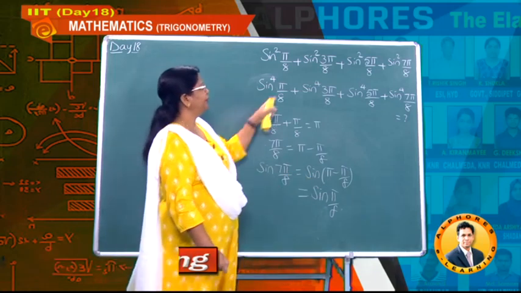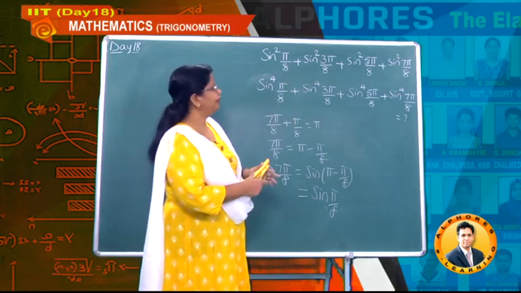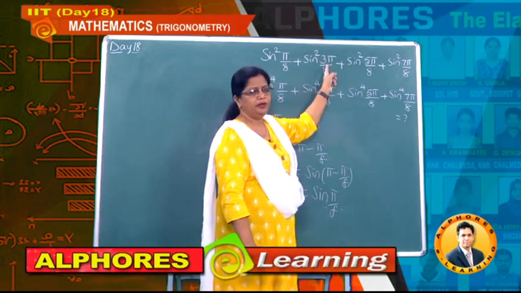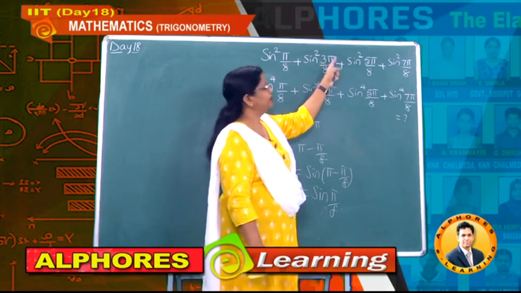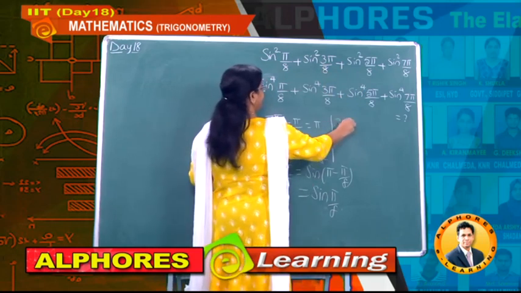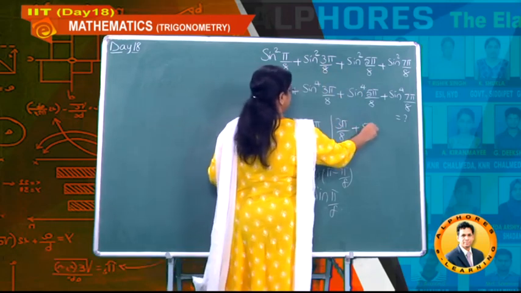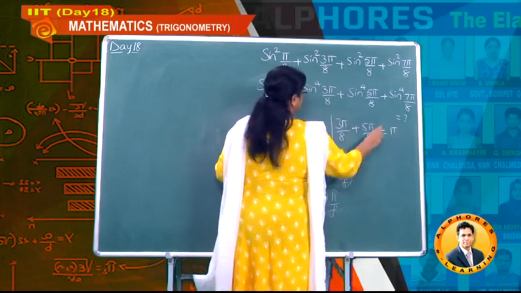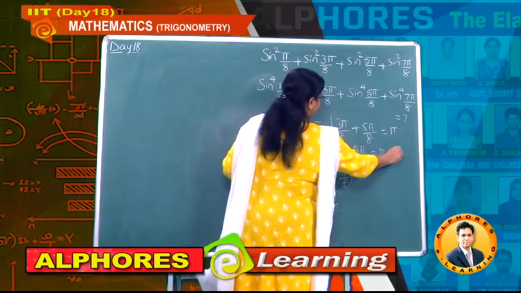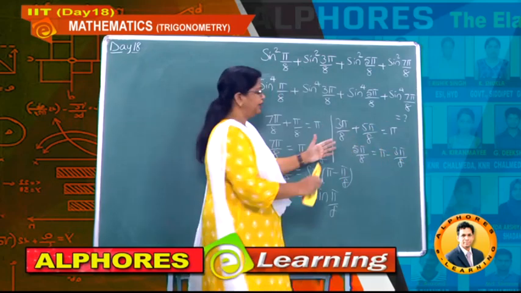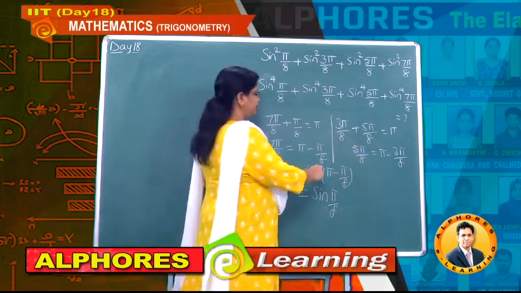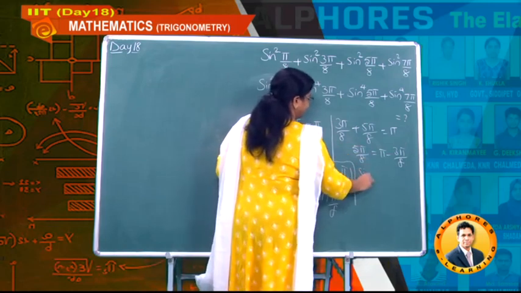Now what about the relation between 3 pi by 8 and 5 pi by 8? Here also you observe the sum of these two is nothing but 180 degrees, pi. Hence here also you will get one value same as the other. That means 3 pi by 8 plus 5 pi by 8 is equal to how much, students? Pi. That implies 5 pi by 8 is nothing but pi minus 3 pi by 8. Even you can take 3 pi by 8 to this side and 5 pi by 8 to the other side also. Now let us take the sine function.